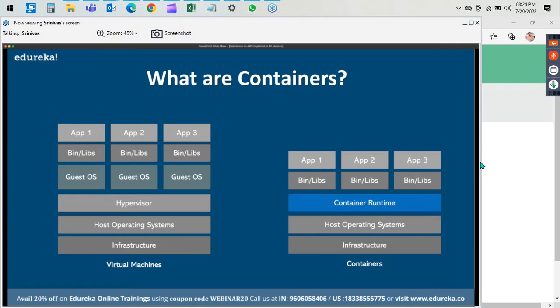Okay, there is a small question. Let me pick it up quickly. It's a question from Valavi. In the virtual machine case, apps can't communicate. They can communicate. The communication between applications is primarily based on networks. It can be your private network, which we call a private subnet, or it can be via the internet. It's possible in both cases. Containers are mostly sitting in a closed network because it's a single host operating system. And even when you deploy multiple applications on a single host operating system, they are sitting in a closed private network, which means they will be able to